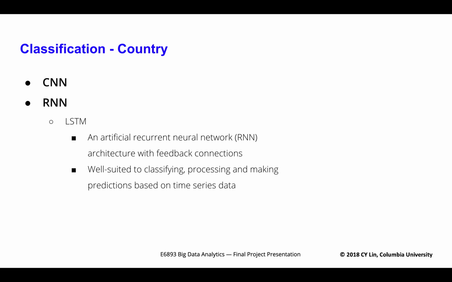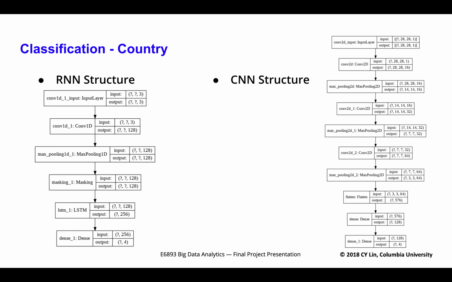We will use 2 deep learning models, CNN and RNN, to do this. We use RNN since we have the information about how people draw a graph in our dataset. We want to add this information to see if this will improve the prediction power. Here are the structures of our RNN and CNN. The structure of CNN is very similar to the previous one, and the RNN contains a convolutional layer followed